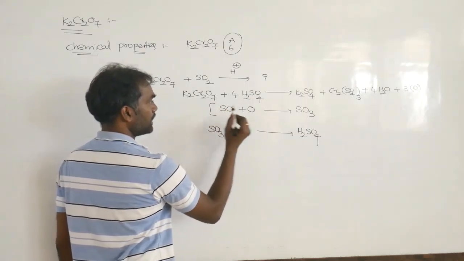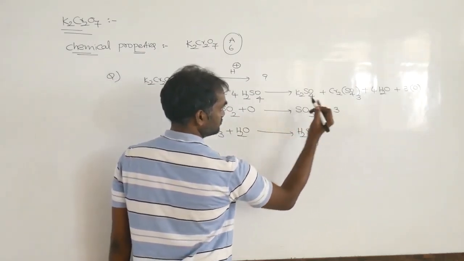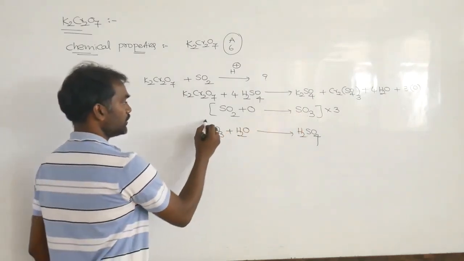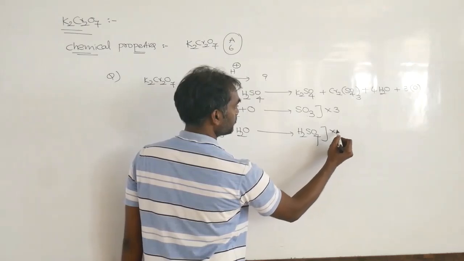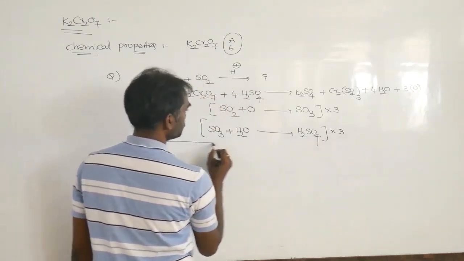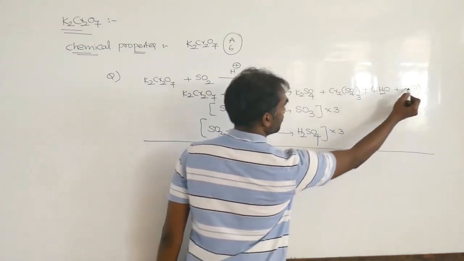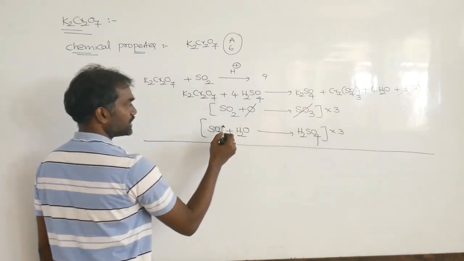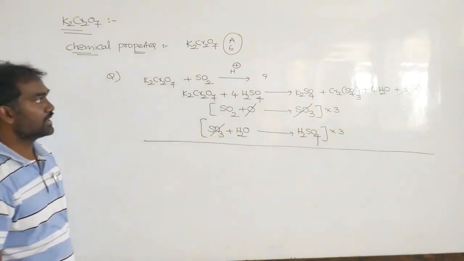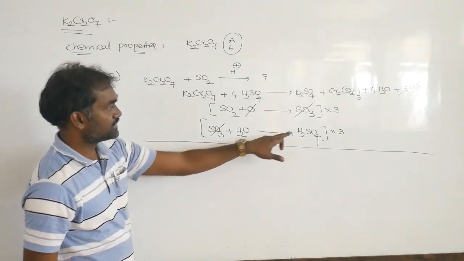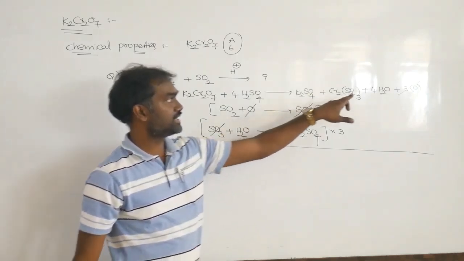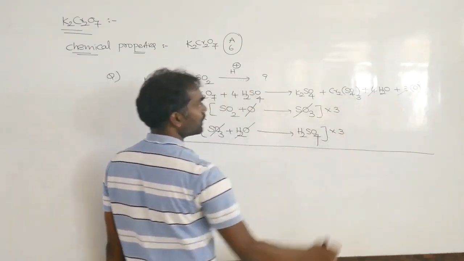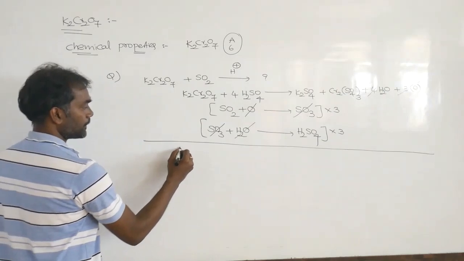So that's why I multiplied with 3. Here 3 SO3s are coming, so here also you multiply with 3. So this is over. Now here 3 oxygens cancelled. So 3SO3, 3SO3 cancelled. Next, left side 3 water is there, right side 4 water is there. So that's why 3 water is cancelled, here 1 water. So your answer is